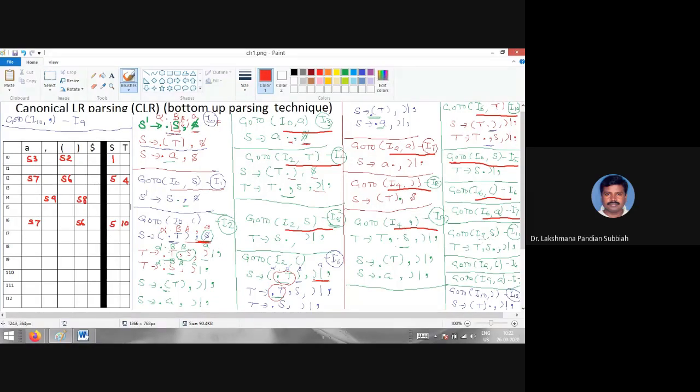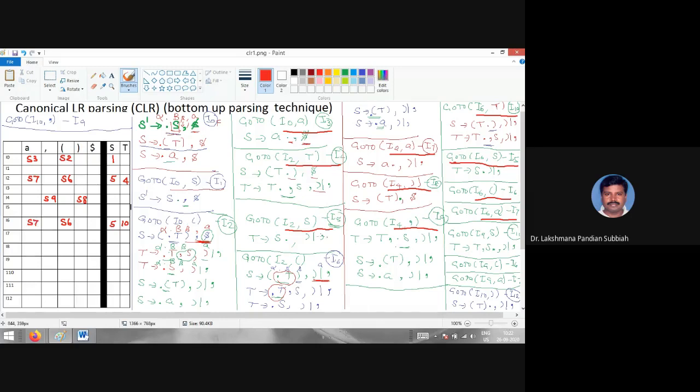Then I6 comma close bracket. So here we are having S6 is here, right? Then I6 comma A is S7,